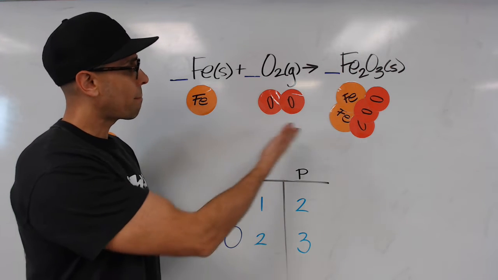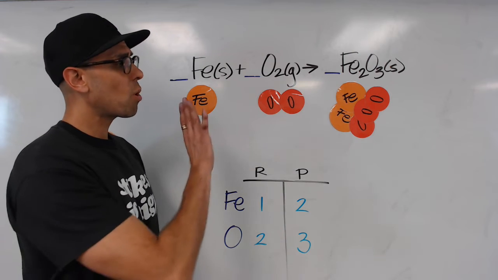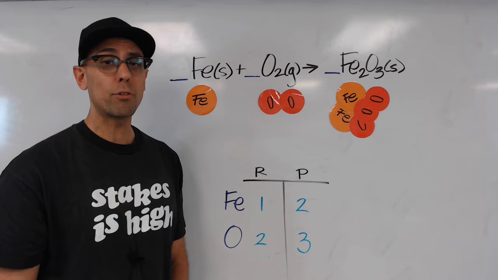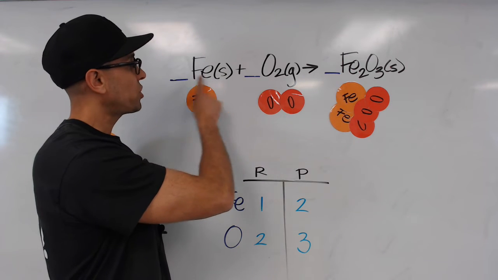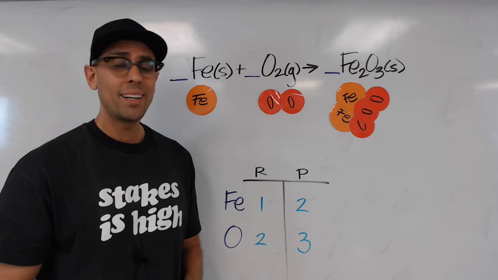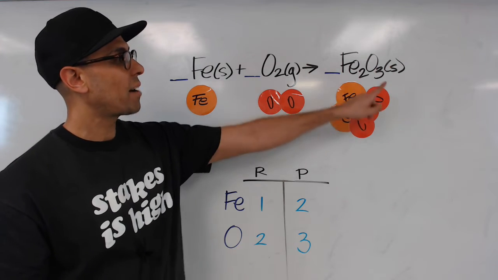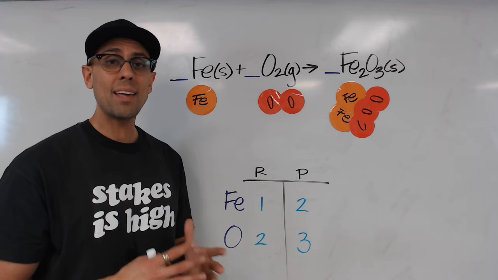Now you can look at my model and my t-chart and see that we have some problems. There's more iron and oxygen on the product side than the reactant side, and this is never okay. How can we fix this? We're allowed to put coefficients, which is to say whole numbers, wherever you see a purple line. Now we don't have to put one everywhere, only where needed. We're never allowed to change the subscripts or the small numbers because we need to maintain the integrity of the